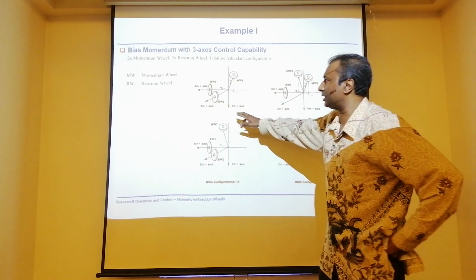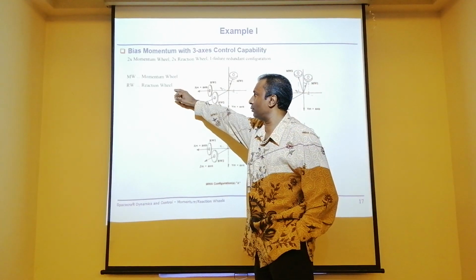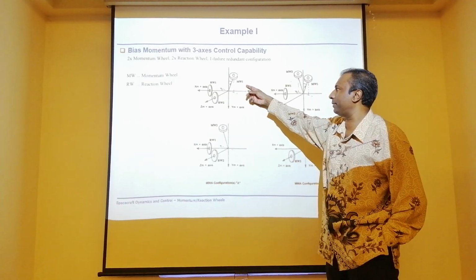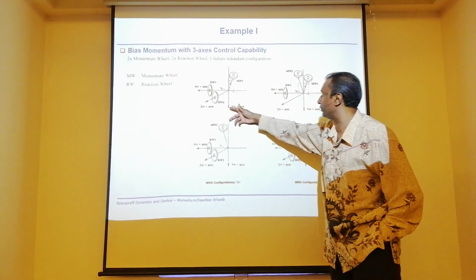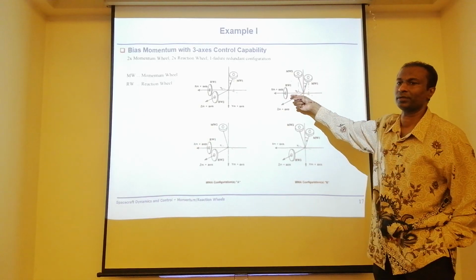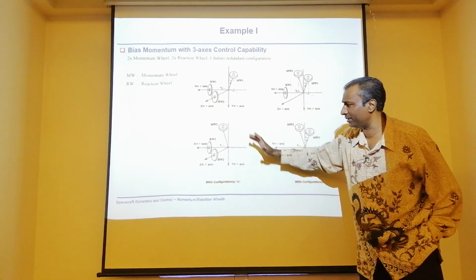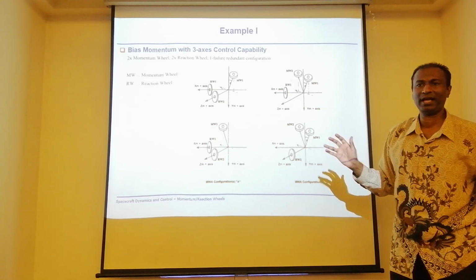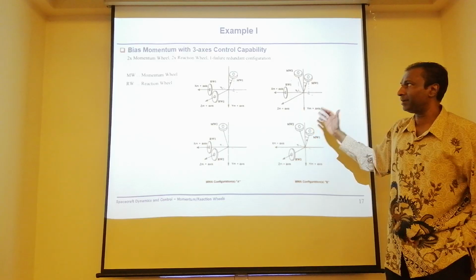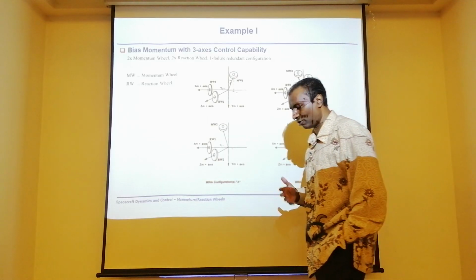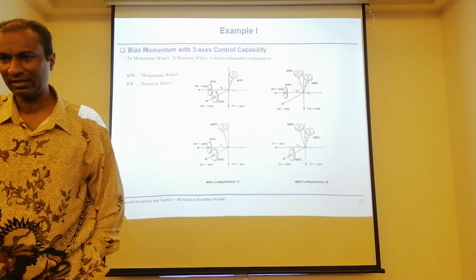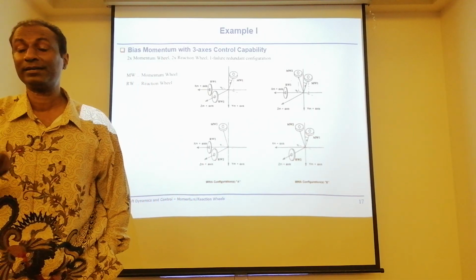So you can take this momentum wheel, R for reaction wheel. So you have 1 momentum wheel and 2 reaction wheels. You can have 2 momentum wheels and 1 reaction wheel. There are so many combinations we can do. Absolutely so many combinations. The list can go on. But the principle is this. In order for you to control 3 axes, you must have, let's say, at least 3 minimum. You must have 2 minimum